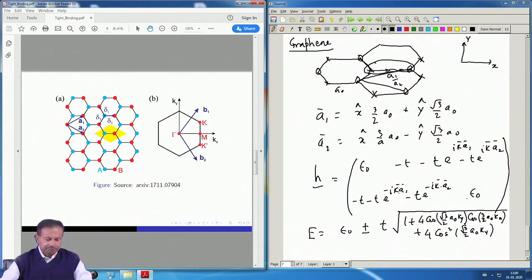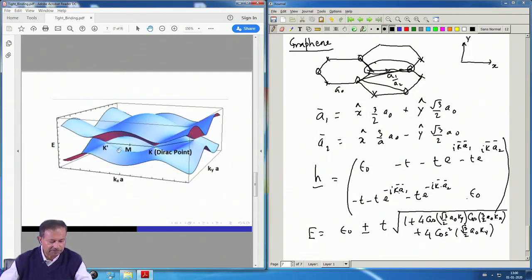So, at all these points you will find that this thing will give you a 0, provided of course you choose your epsilon not equal to 0. So this is what we have shown here. Remember that these are the k and k prime points where the spectrum is gapless. And you can also check it at the m point; you will find that it has the largest gap in the spectrum. You can do it in a computer or you can do it by hand.